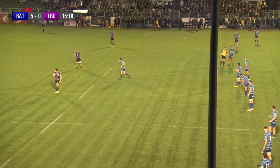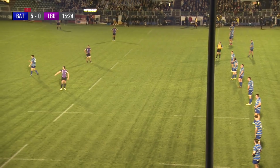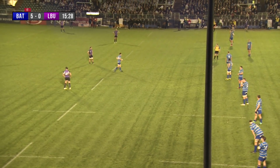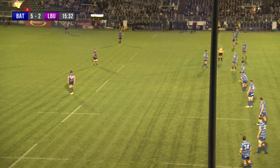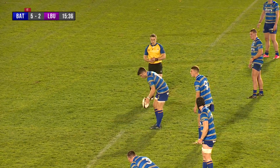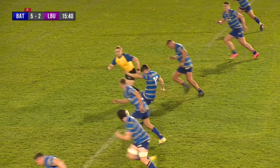Scrum, and it's one that they'll be looking to go to as much as possible if those points are anything to go by. Just a little bit of a delay on the ball coming back here. Burridge has it in his hands. He's there by the ref, calls his men back, no offsides from the kick, the simplest of things, as he